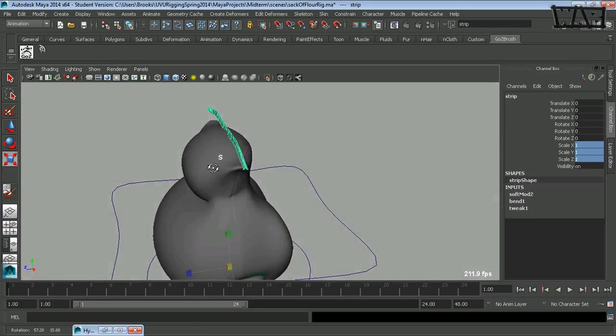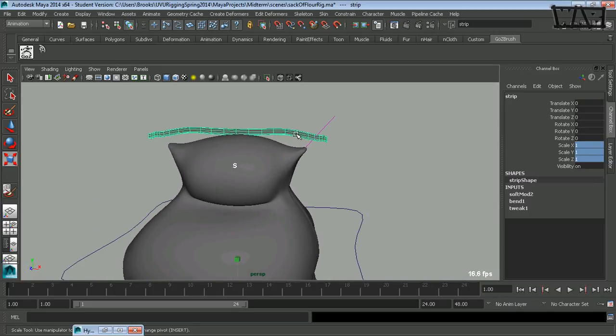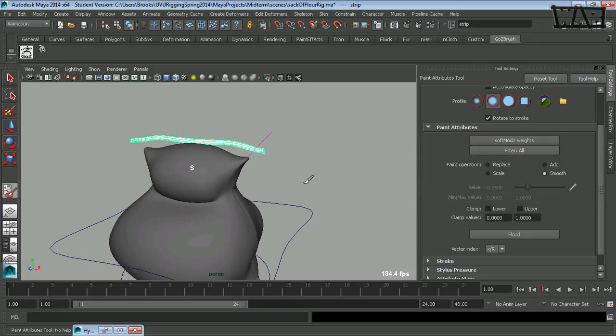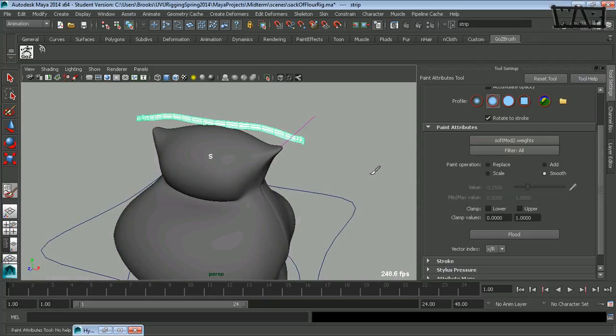And so basically we just need to adjust it. So I'll right click on it, go to Paint, Soft Mod 2 Weights. Okay, there it is. And we go to my tool settings. I'm going to go to Scale,